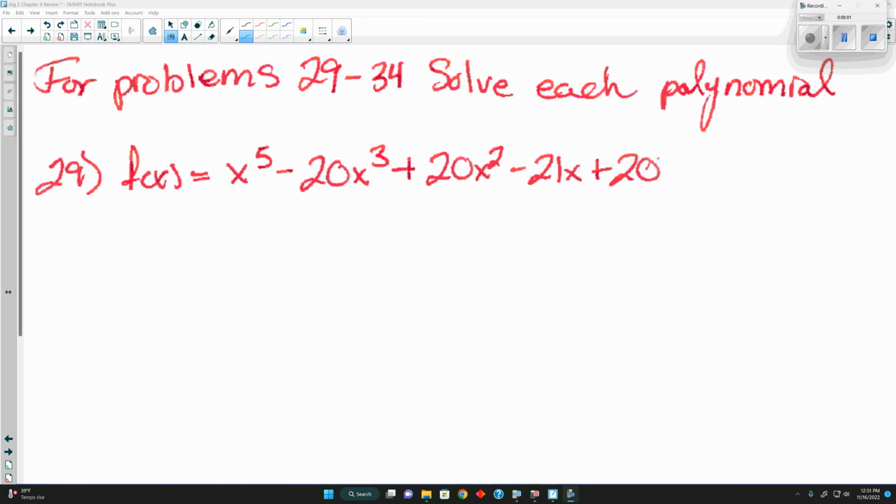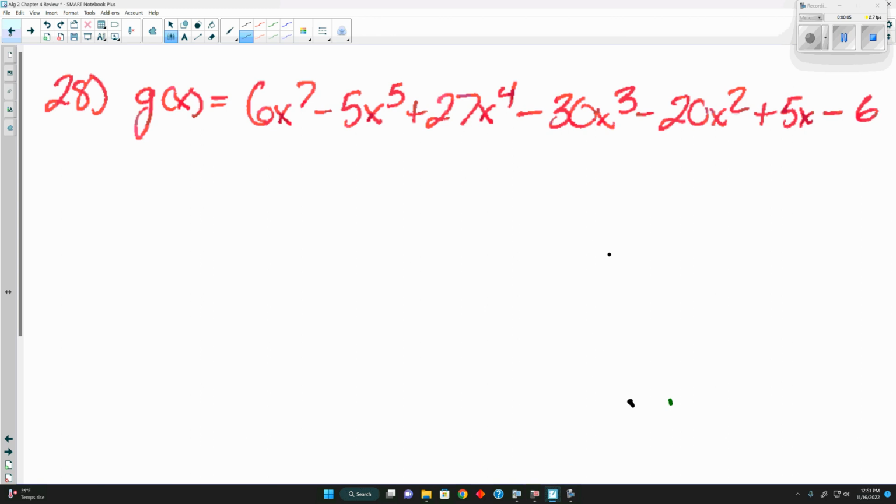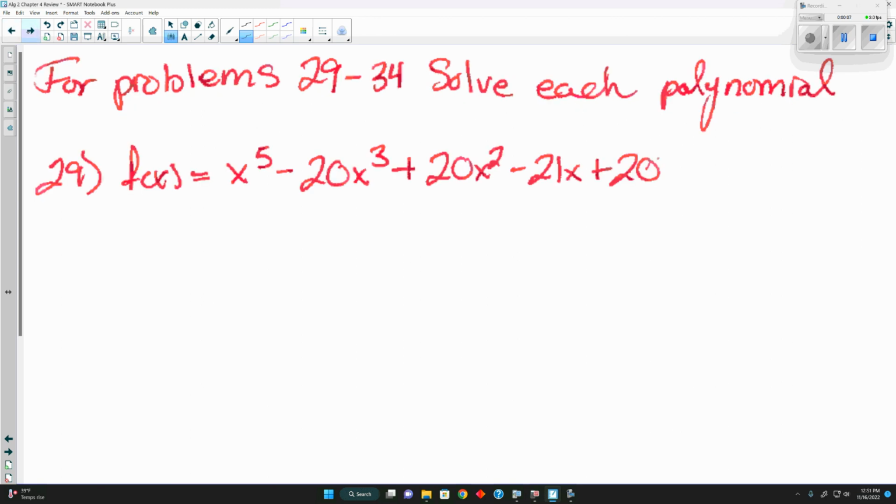All right, guys, so we finished problem 28 yesterday, yes? So we're going to start with 29 through 34. These are the last set of problems on the review sheet before we finish up. The first thing I would do with any of these, especially if it says solving, is to graph it. Now, looking at this problem here, how many solutions should this